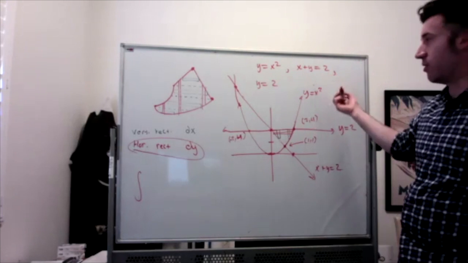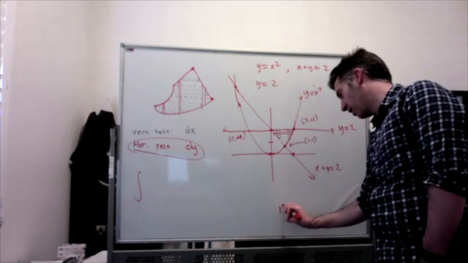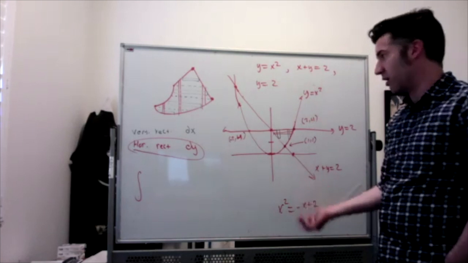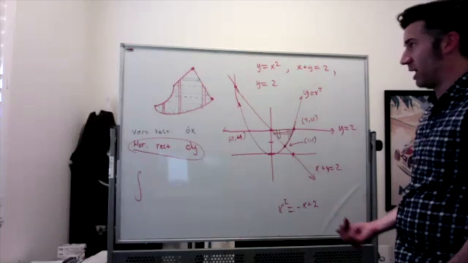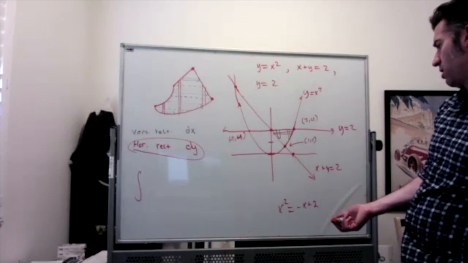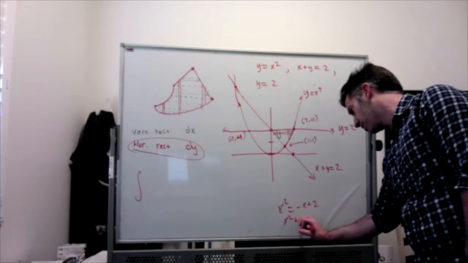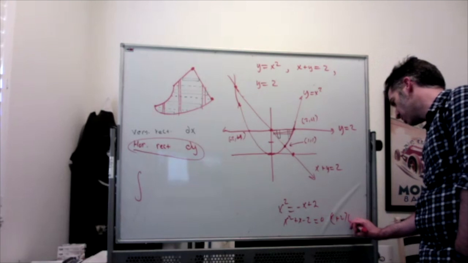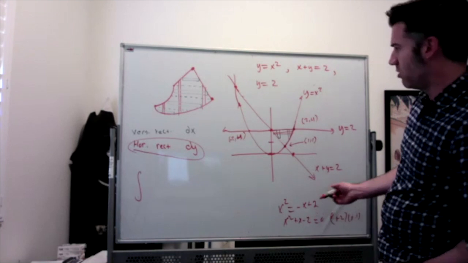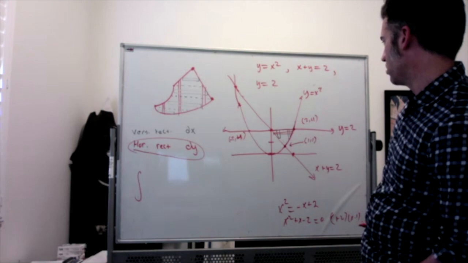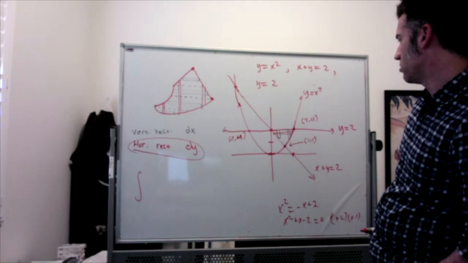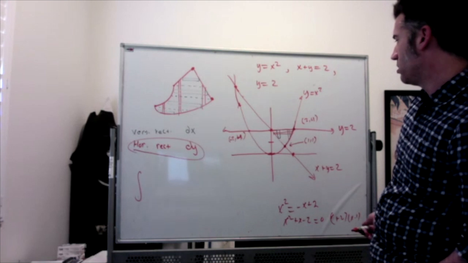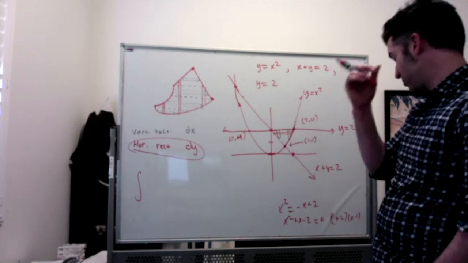You could also solve them both for y. You could set y equals x squared equal to y equals negative x plus 2, and solve it that way. You would get x squared plus x minus 2 equals 0, so x plus 2, x minus 1. You get x equal to 1 and x equal to negative 2. So I feel like my, sorry, that's not too big a deal, but